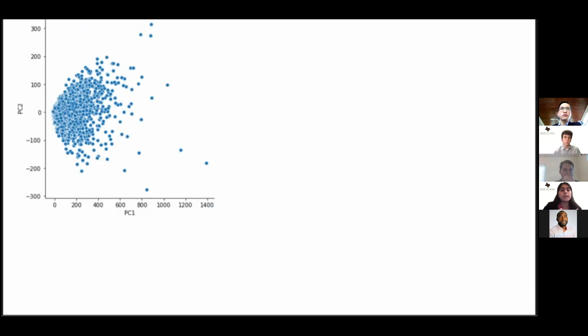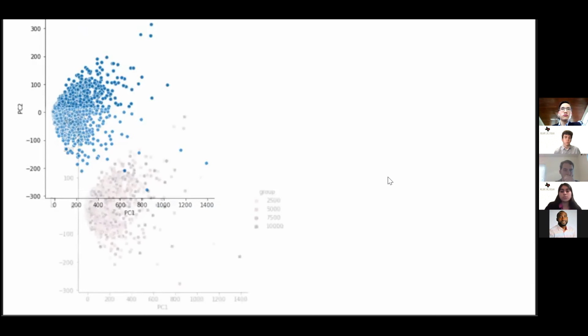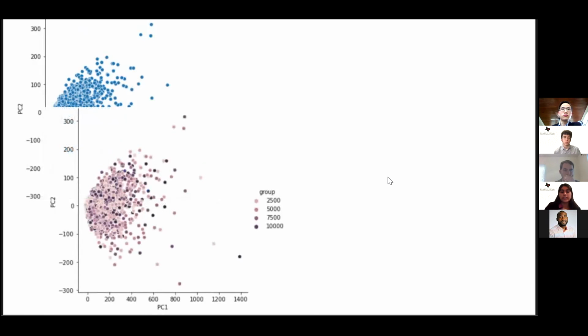So this is an example of our data. This is PCA data of all of our enhancer groups, all 70,000 of them. And we can see it's really dense in just this specific area right here. So we tried to group our data into groups so we can analyze it better, but we still had that dense area right there, and we couldn't visually see much of the points in our data frame.